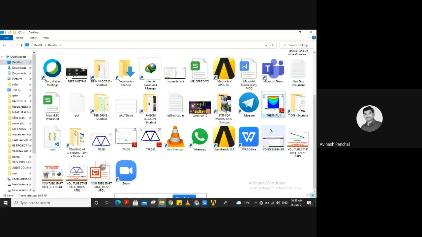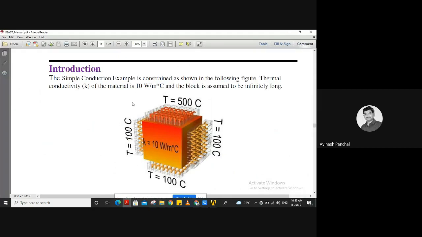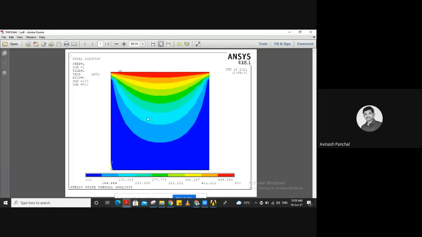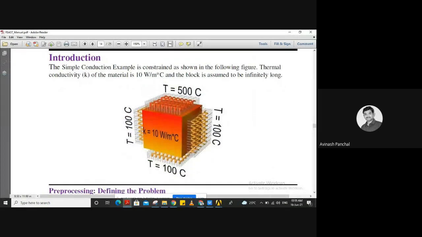Yes, this is thermal 1. We will open this. Yeah, this is the result we got, the print we got, dated June 16 at 10:55. So this is the latest result we can see over here. Okay, I will close this. So this was the problem we have over here.